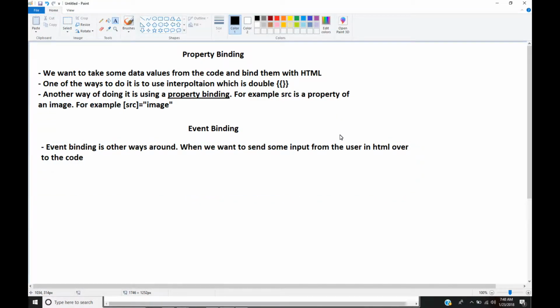Okay, so now we're going to get into Angular 2 property binding and event binding. So property binding is basically when we want to take some values from the code and bind them with HTML. So one of the ways to do this is to use interpolation, which is double curly braces, just like we did